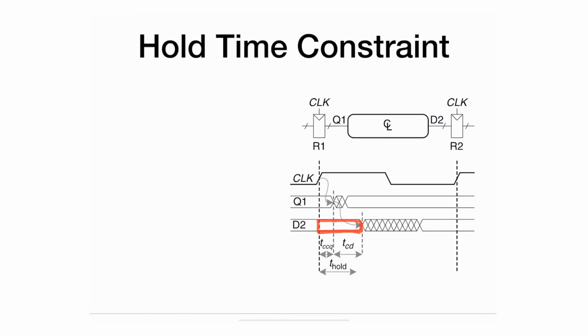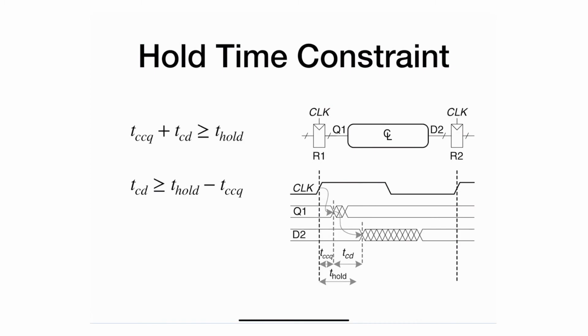So when can it change? Well, it can change after the contamination clock to Q and after the propagation clock to Q, which is here, this one in here. So this tells me the equation that T hold has to be less than TCD plus TCCQ. Of course you can do a little bit of algebra and move it around, and what you're going to get is